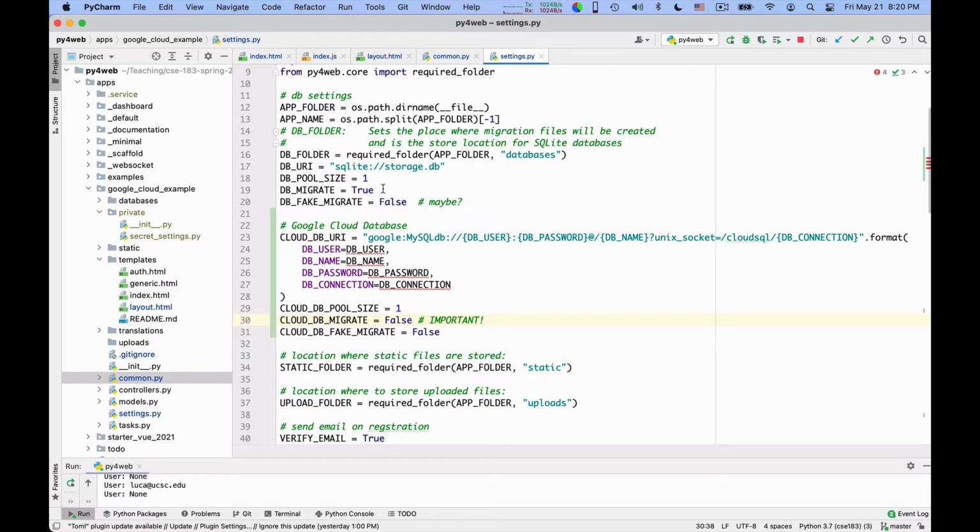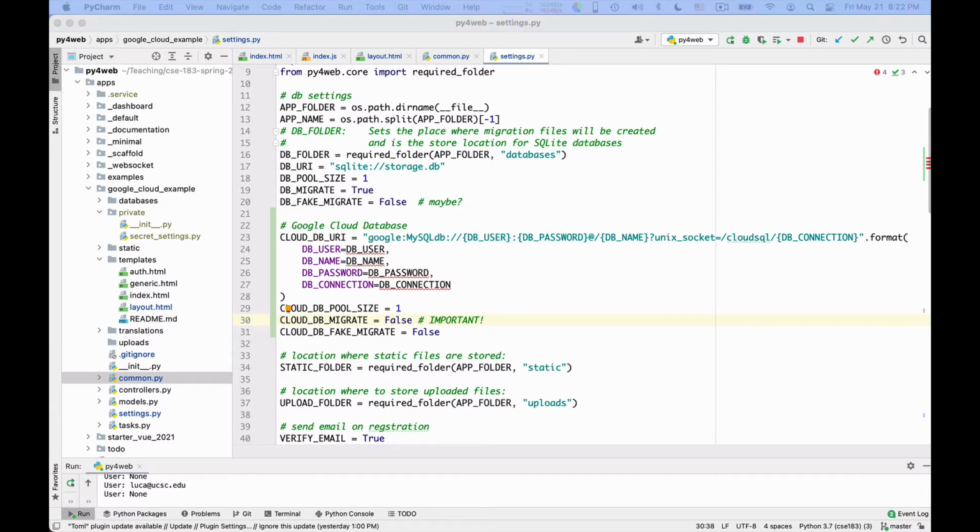DB migrate means: please Py4Web, when you see a declaration of database tables, please ensure that my real database matches my declaration. Now, this is incredibly useful when you develop, but it is also incredibly dangerous when you are in a production setting, because Py4Web is actually kind of smart in trying to convert your tables, but this works when the tables are simple and not safety critical.